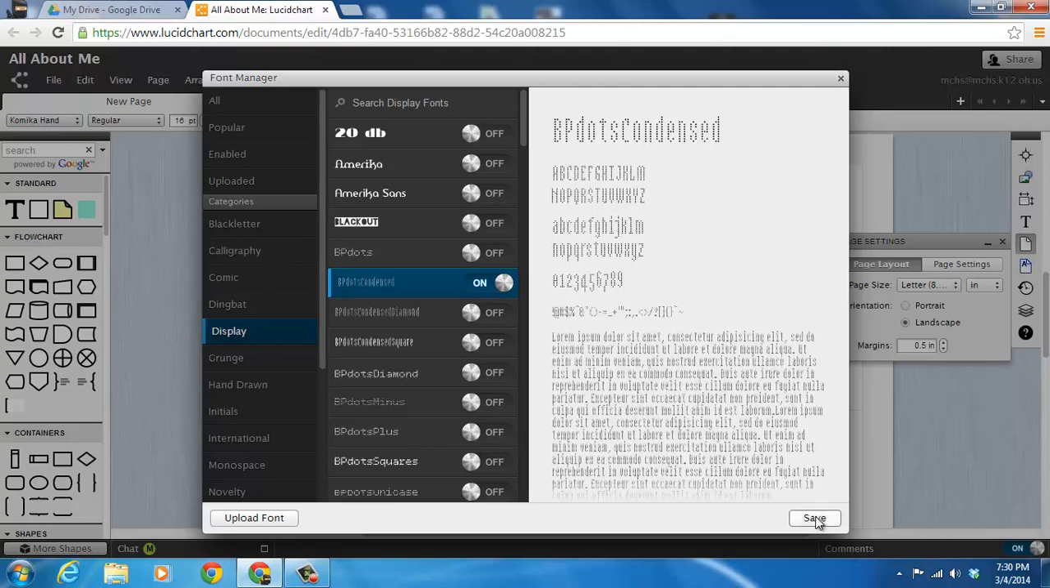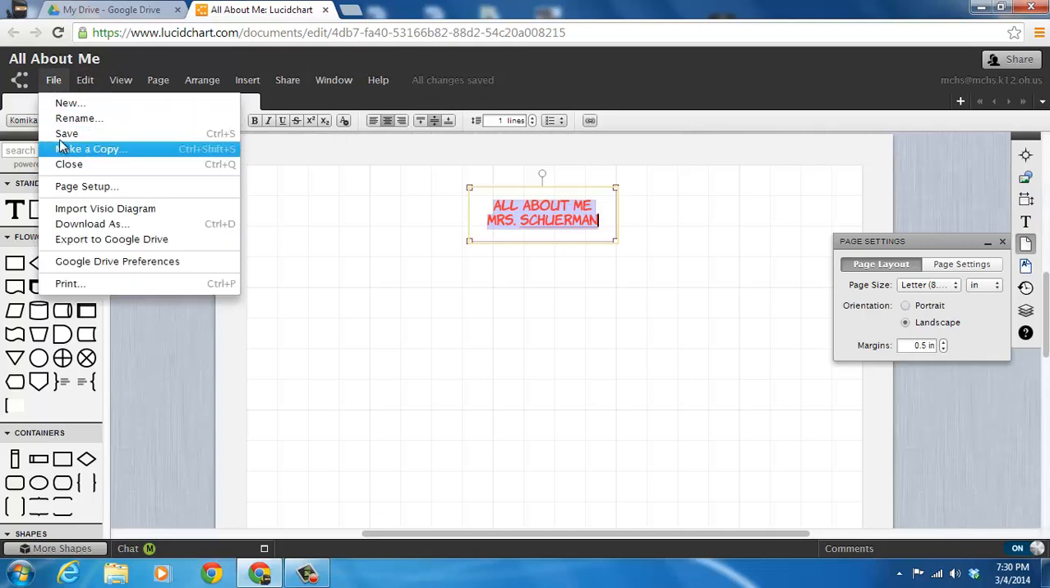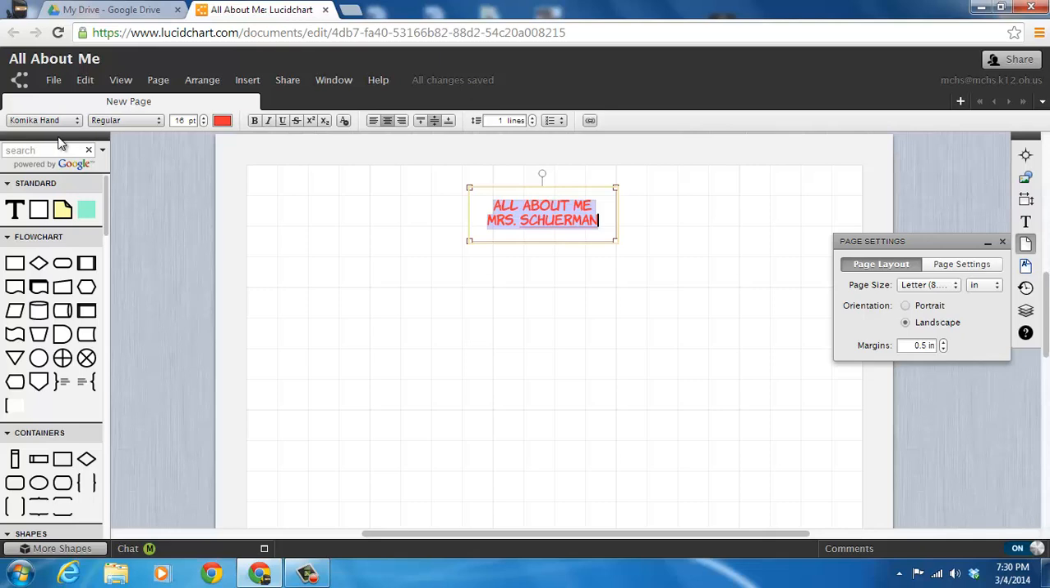You'd hit save. So what you're going to do is get your page set up to landscape. You're going to type your title in, pick the font, the color, etc., whatever you want to do with that font. And then I know it's saying all changes are saved, but I'd go ahead and go up here and hit save just to be safe. So stop, change your page size, add your title, format it,